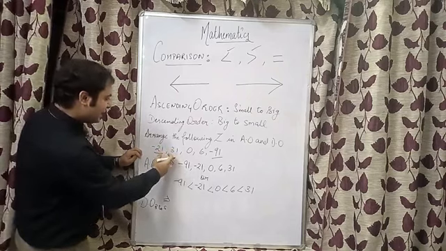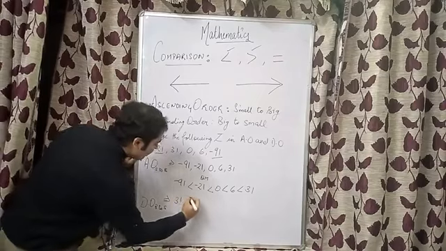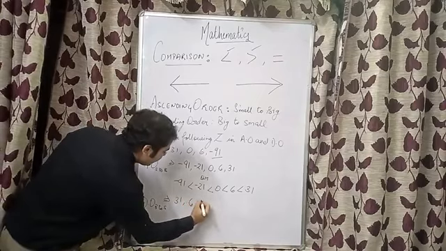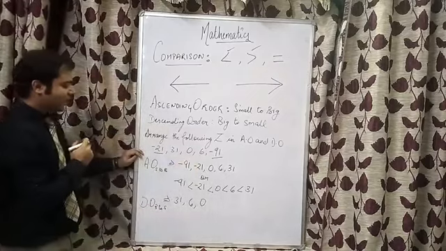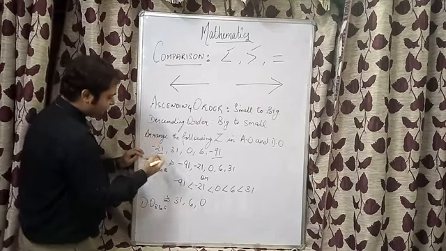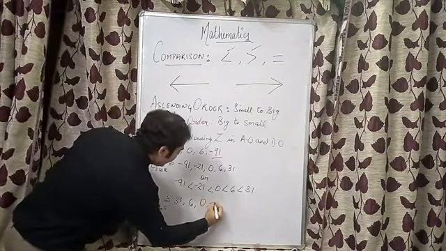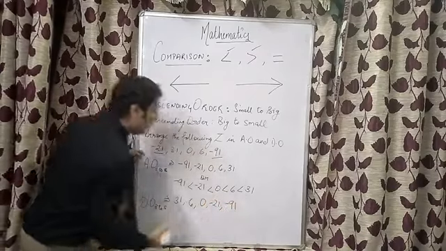So 31 is there and 6 is there. So obviously 31 is the biggest, followed by 6. Then comes 0. Then again the same thing, 91 and 21 is there. So the smaller will be bigger and the bigger will be smaller. So now minus 21 followed by minus 91.